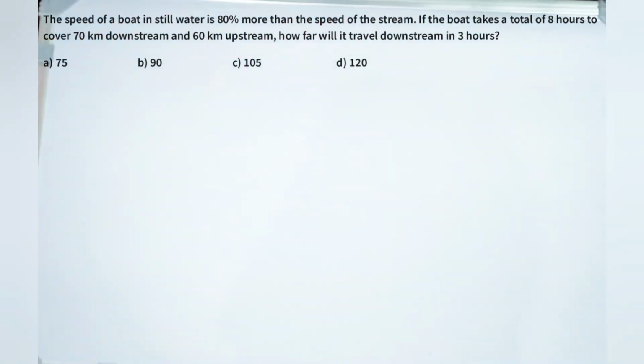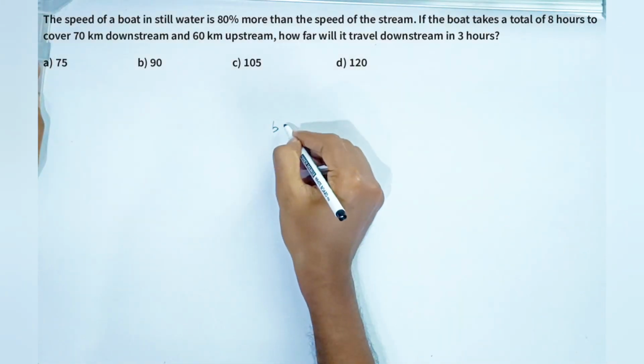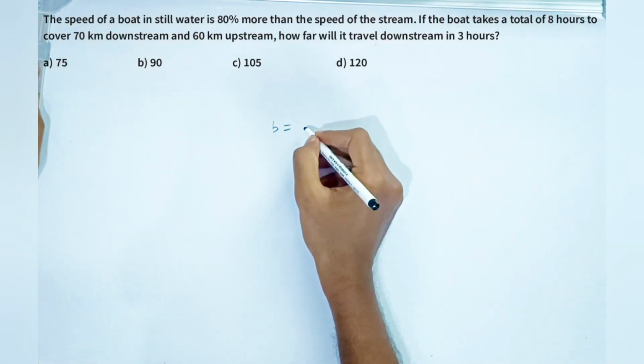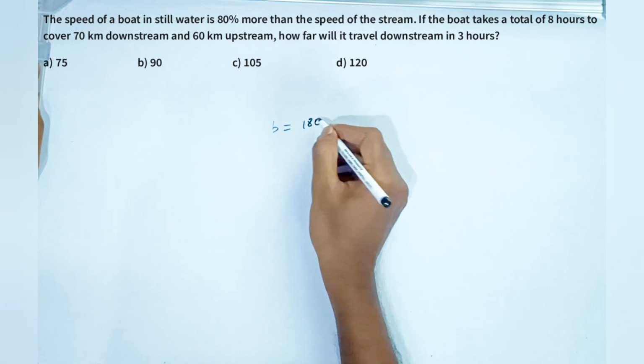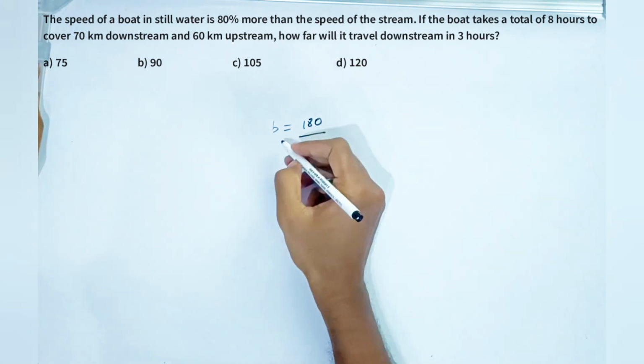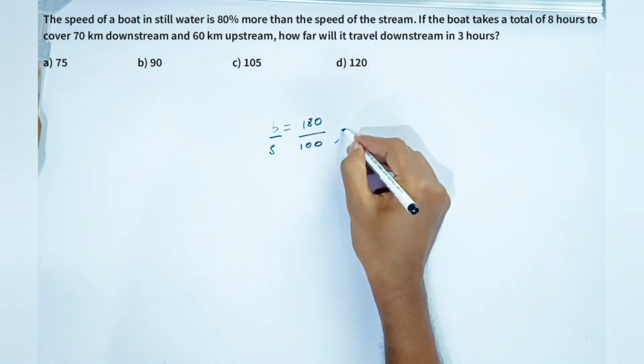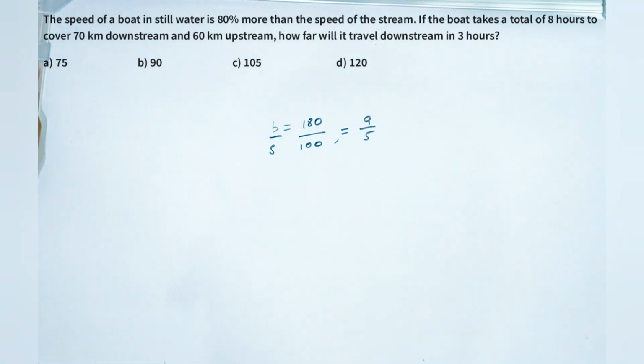Okay, going to the next question. It is given that the speed of a boat in still water B is 80% more. I'm writing 80% more as 180 upon 100. After cancellation, we get 9 by 5. And the boat takes a total of 8 hours to cover 70 kilometers downstream,